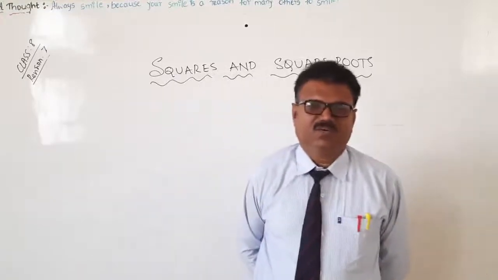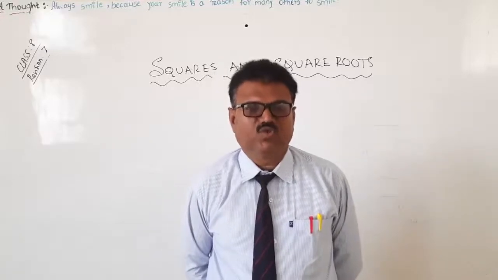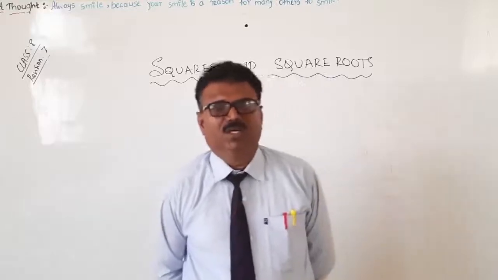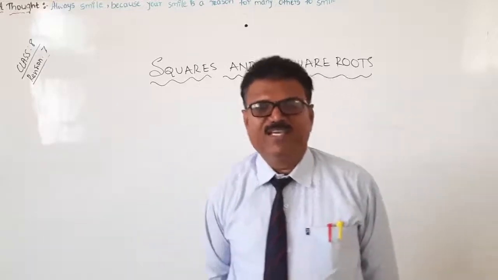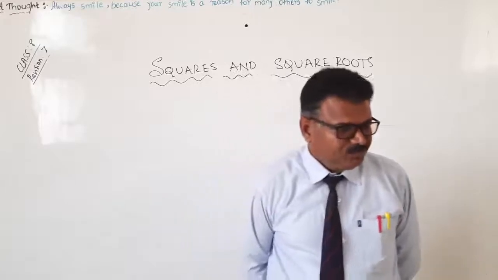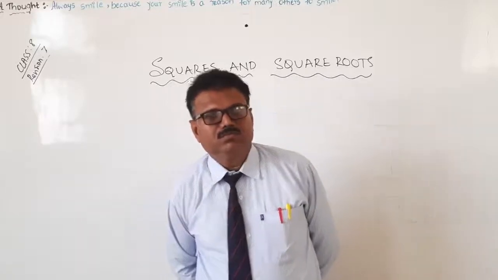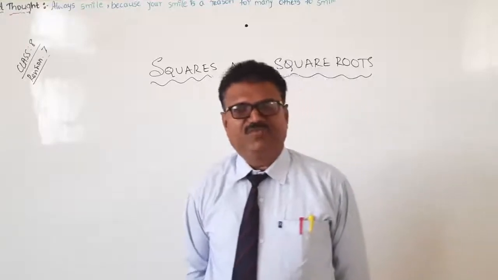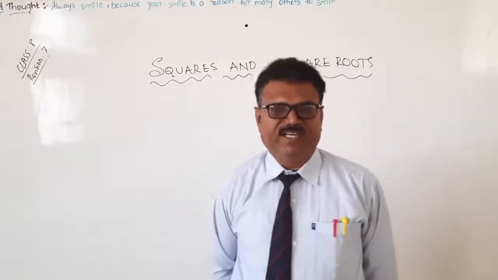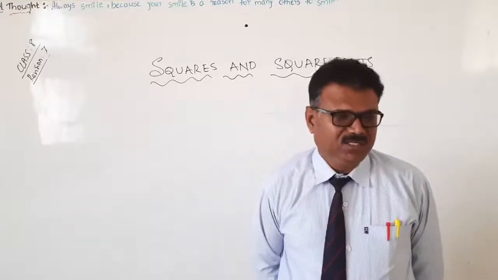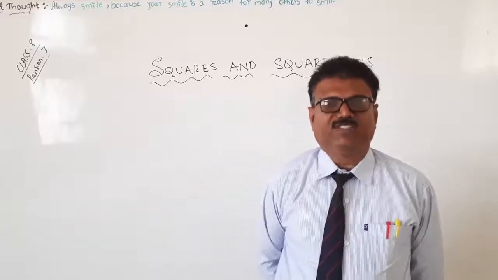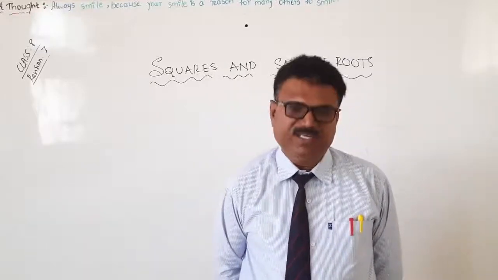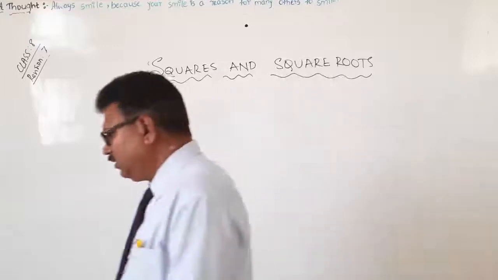So last class we were discussing squares and square roots, and we did some problems on how to find square roots by the factorization method. Today we are going to see problems based on square root by factorization only. But in that there are two aspects: one is what must be multiplied and what must be divided. Okay? See, for example,